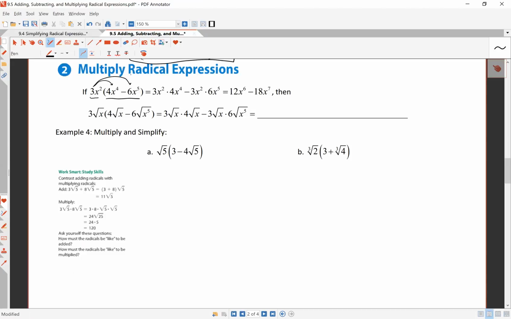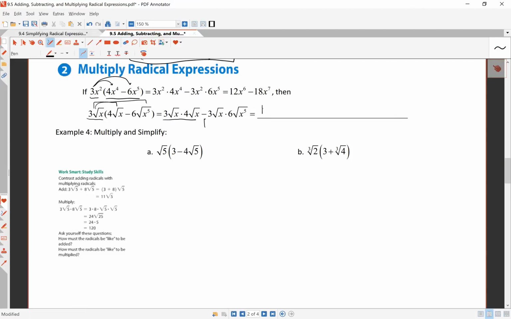So if we're going to do that with radical expressions, we would multiply 3 square root x times 4 square root x, over the minus sign and get 3 root x times 6 square root x to the fifth. We would then use our product property of radicals and get